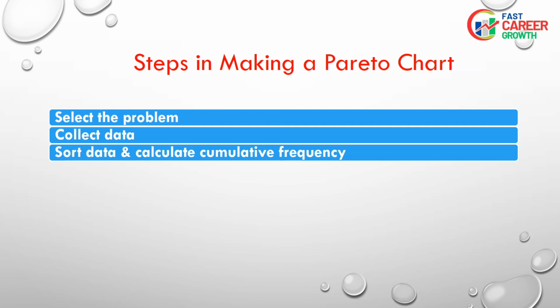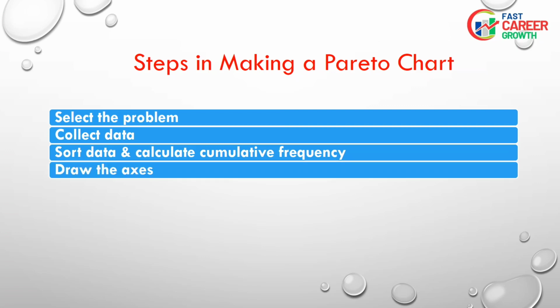This step helps you identify which problems are the most common and which are less frequent. Calculate the cumulative frequency, which is the running total of the frequencies as you move down the sorted list. Next, draw the axis. Create a Pareto chart, which is a vertical bar chart, by drawing the vertical and horizontal